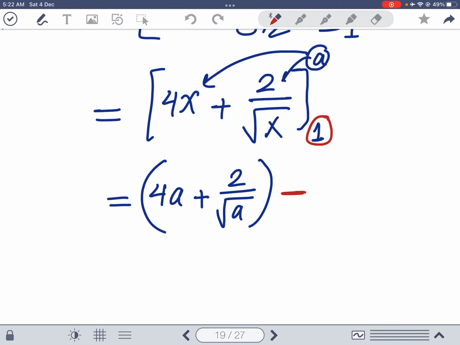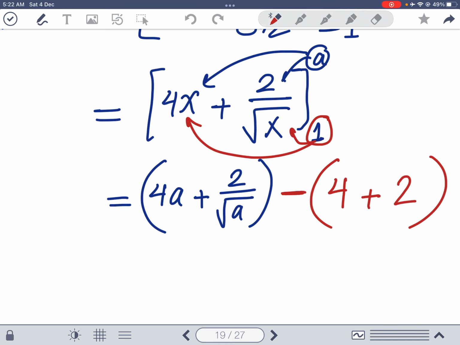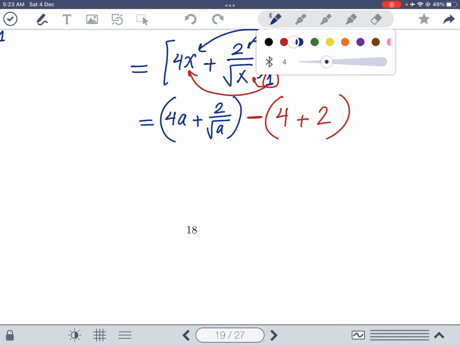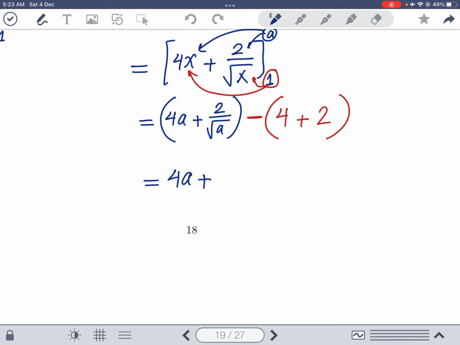Always there is minus, and then what happens when you replace 1 for x? It will be 4 times 1 plus 2 over radical 1, so 2. And finally, this becomes 4a plus 2 over radical a minus 6. Here, in terms of a,